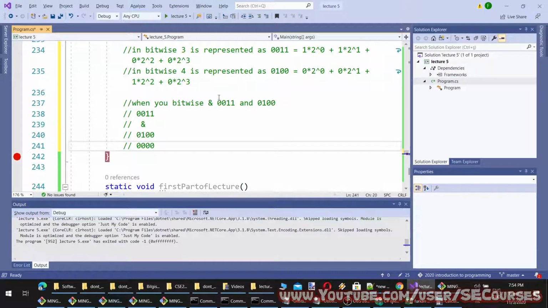So bitwise, when you AND these and these, you get all 0, because when their bits are put into the AND operation, they are all 0.